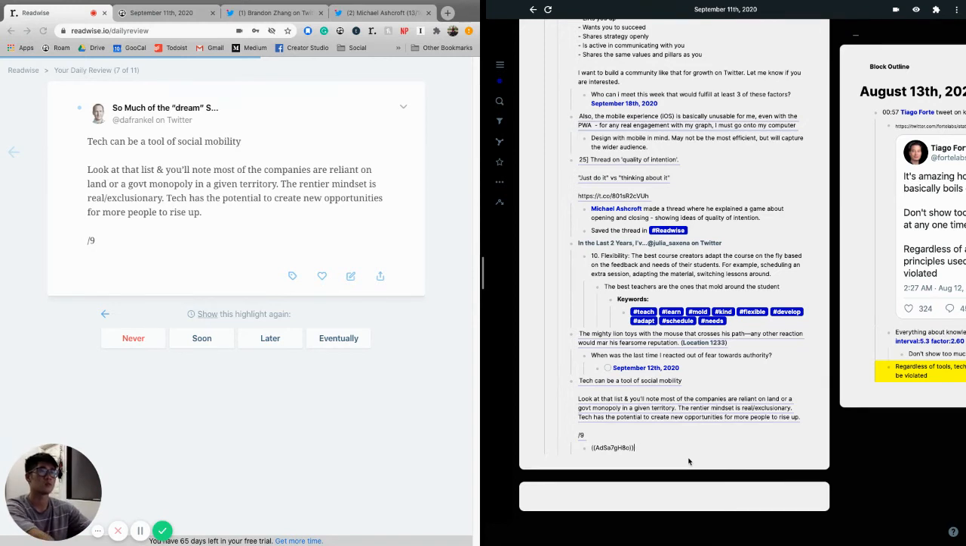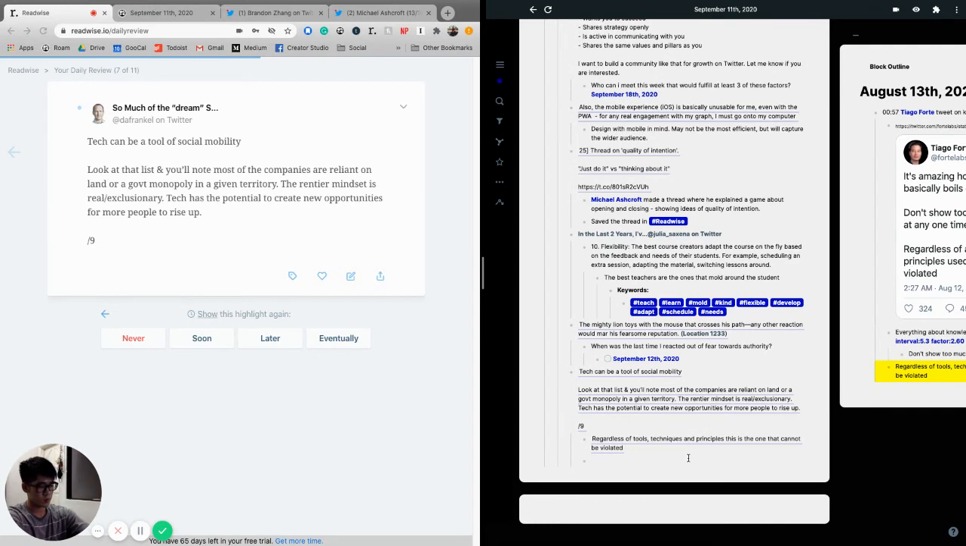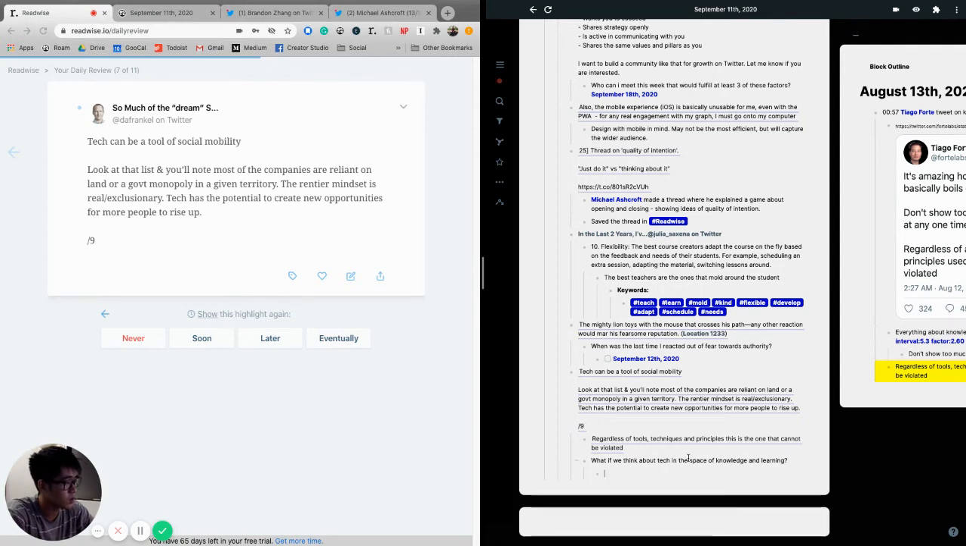So like the rentier mindset is real, exclusionary. So what do we think about tech in the space of knowledge learning? Because Tiago Forte is a knowledge management guru, right? Relying on that, what do you think? Then maybe